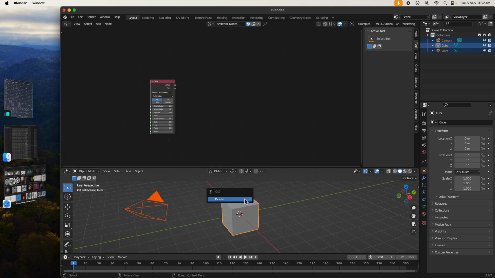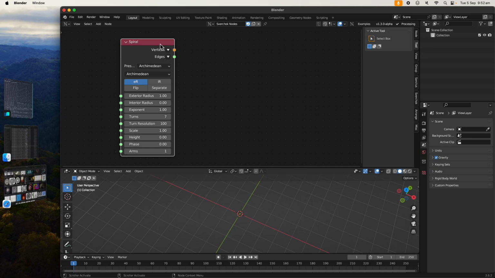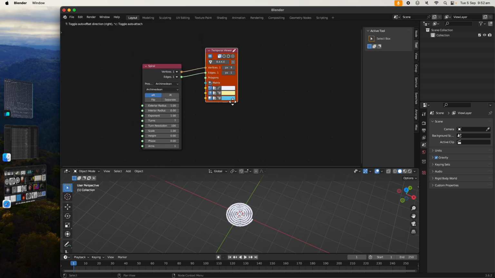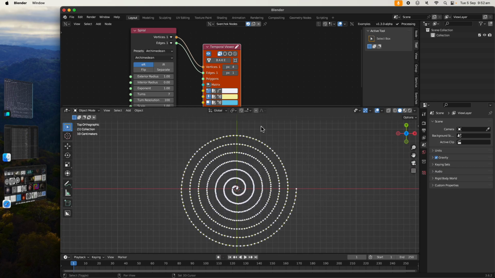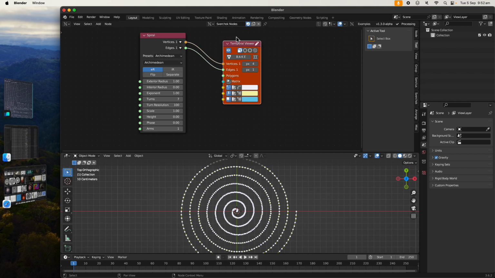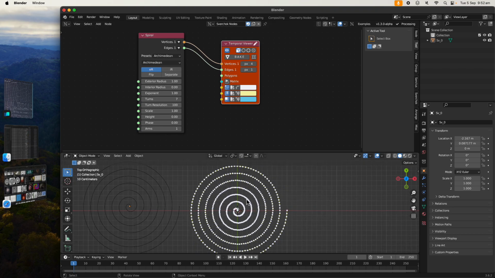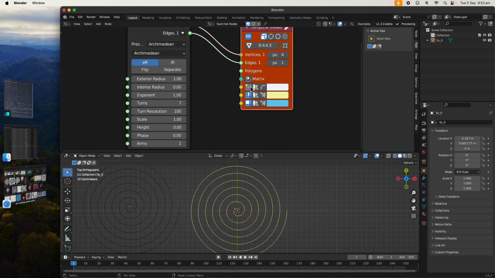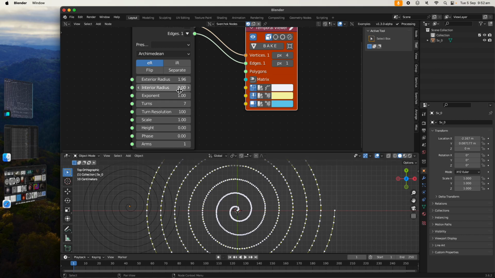Sverchok actually gives more spiral examples. The output is going to be vertices and edges, of course. We can preview it with the viewer. You can bake it. If you bake it, it becomes real geometry. So this is the geometry with all the dots. You can turn on and off the dots or the points. It's clearer probably with the dots, but